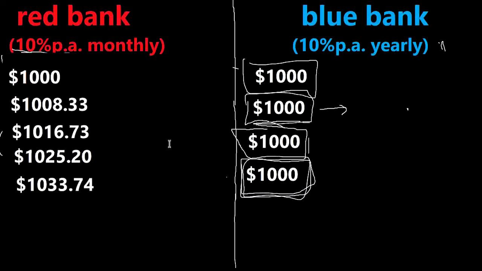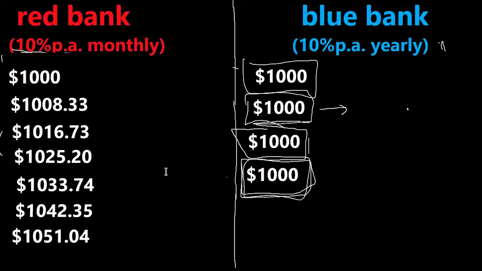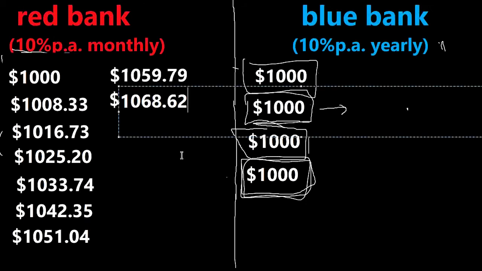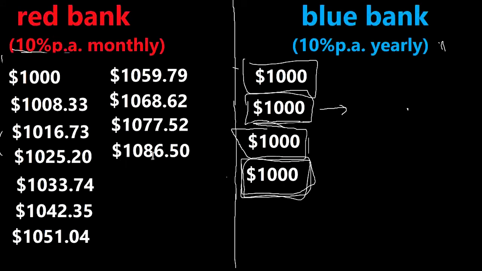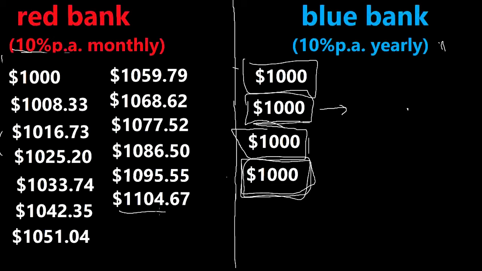Month 4, I have $1,033.74. Month 5, I have $1,042.35. Month 6, $1,051.04. So we're halfway through the year now. Month 8, $1,068.62. Month 9, I have $1,077.52. Month 10, I have $1,086.50. And month 12, the end of the year, I have